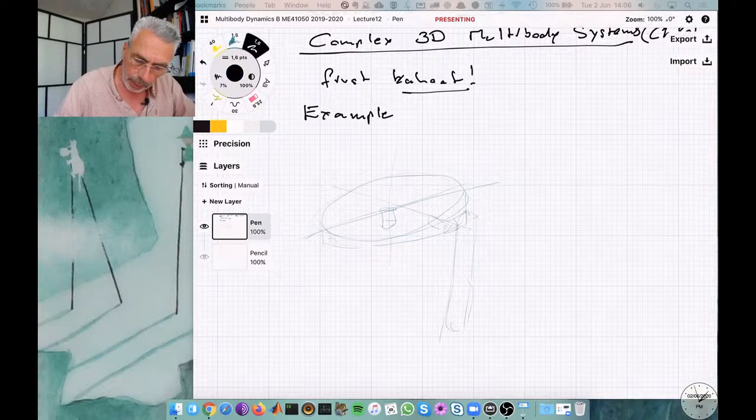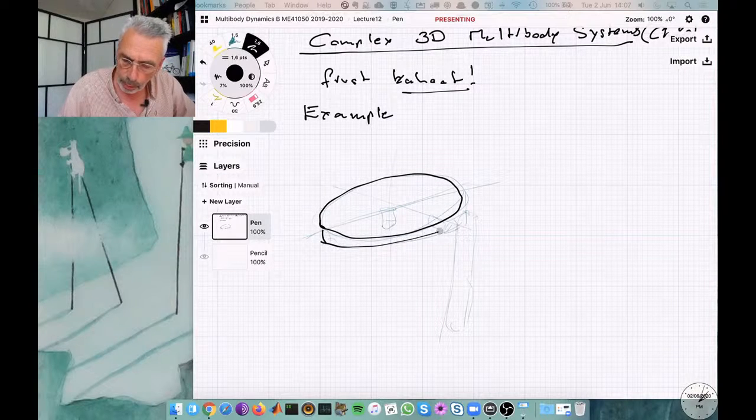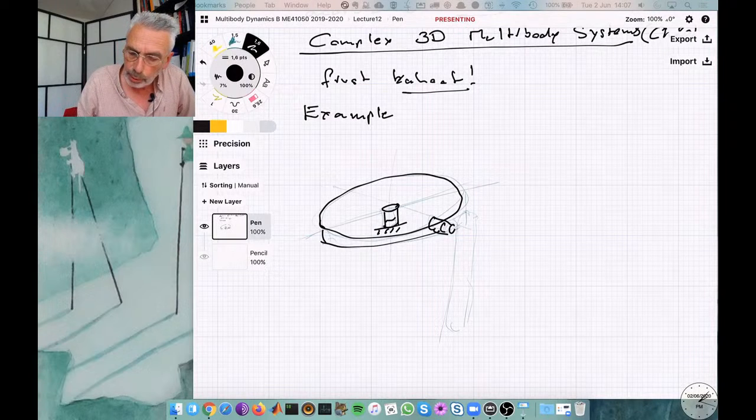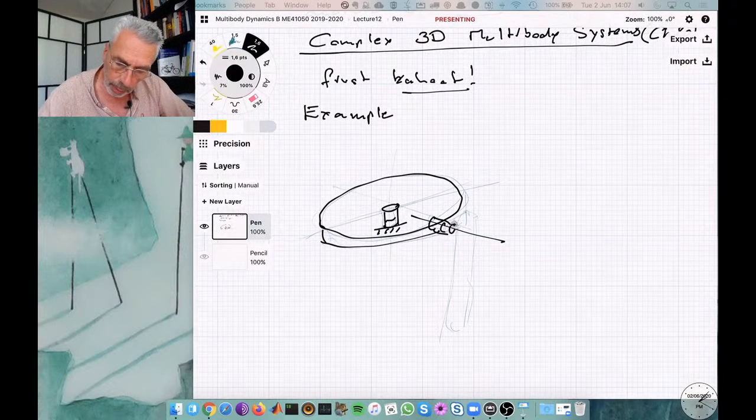So this is a disk, and the disk in itself is rotating with respect to the inertia. Then mounted on the disk is one hinge, and that is in this direction, right? And then perpendicular to that one is a second hinge in this direction, and mounted there is a pendulum,